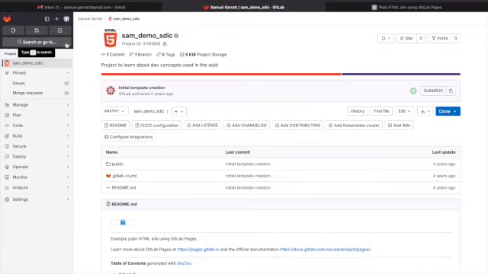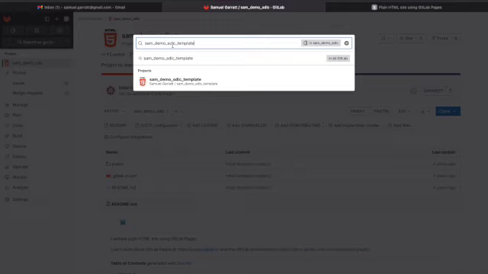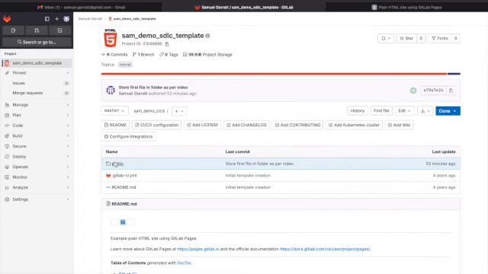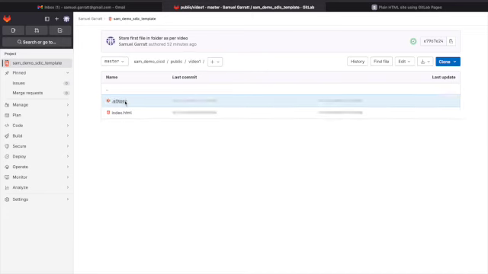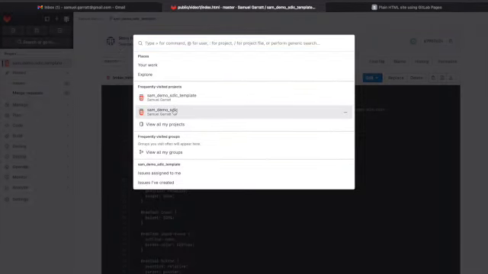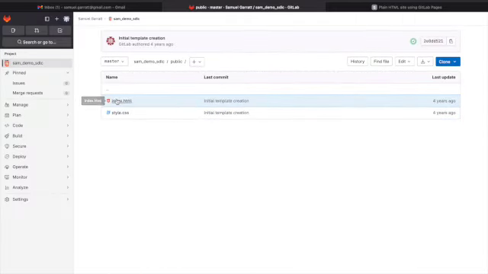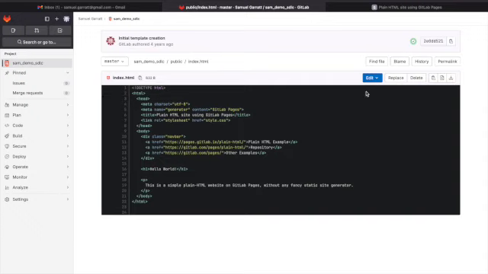In order to get the code for the change, you're just going to search for this SAM demo SDLC template repo. It's a public repo, and the link will be in this video. If you go to this repository, go to the public video 1 folder and go to this index HTML file, you can see there's a button to copy the file content. So if we click on that copy, and then we go back to our own repository that we're working on, go to the public index HTML file that was created by the template,